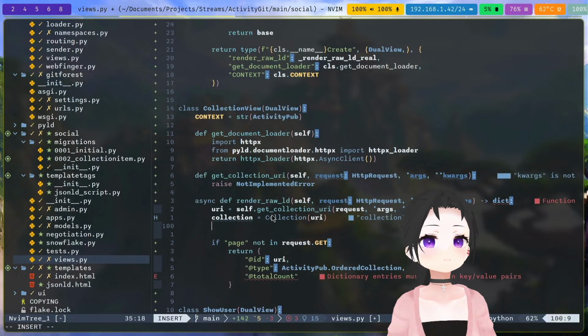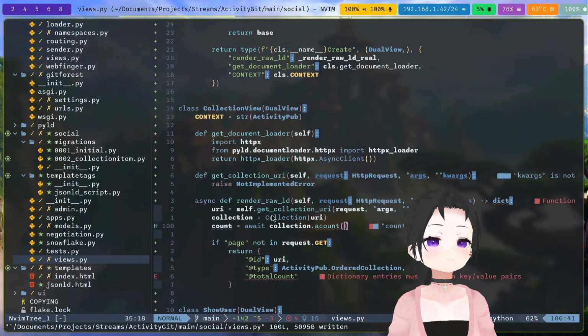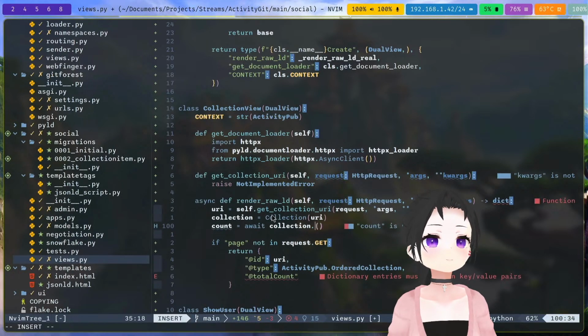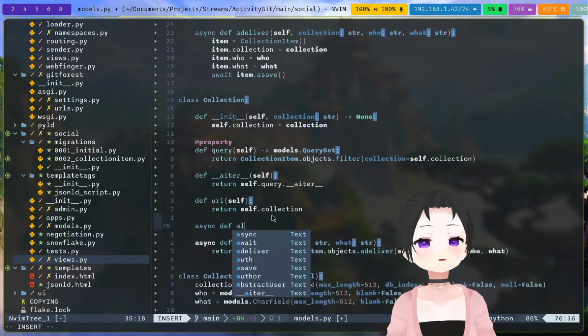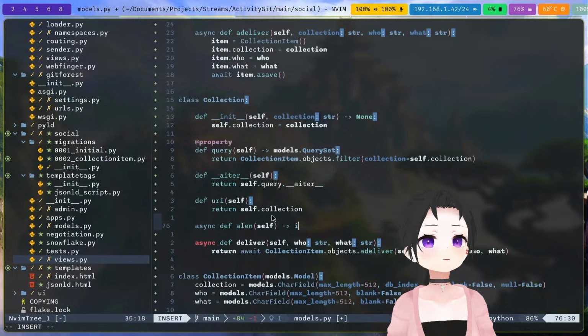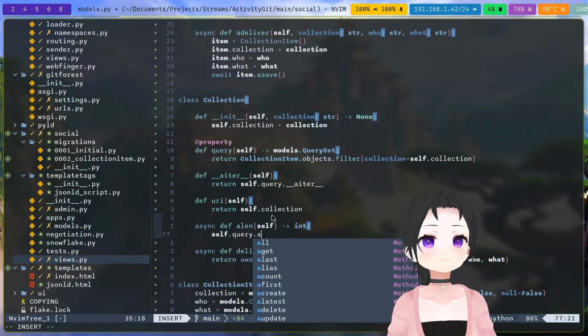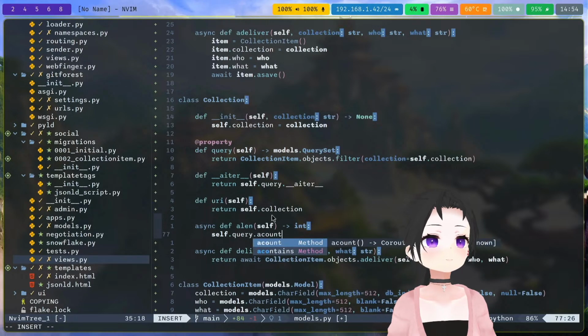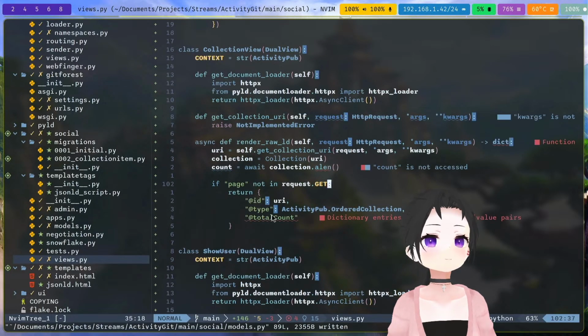URI. Count is collection dot count. Count. len self int. Return weight, then it's our count, and since it's our own type